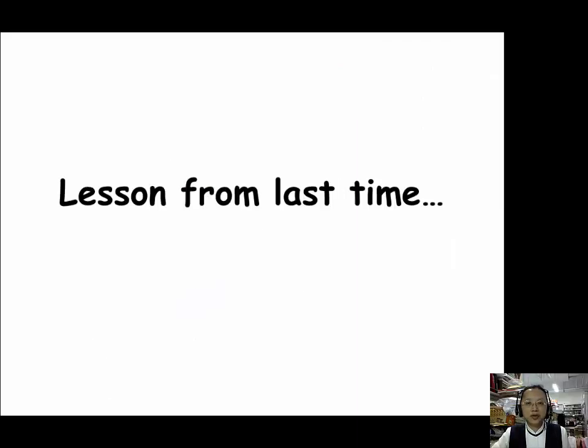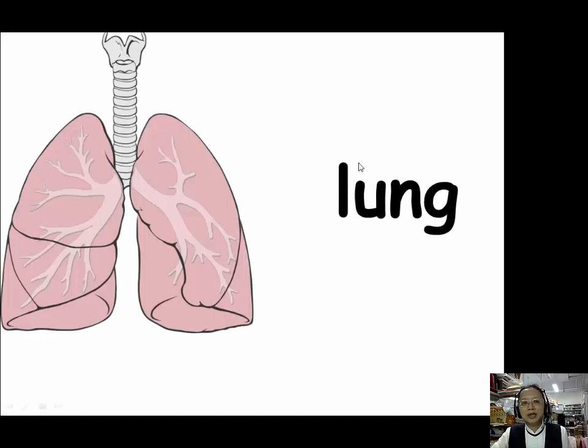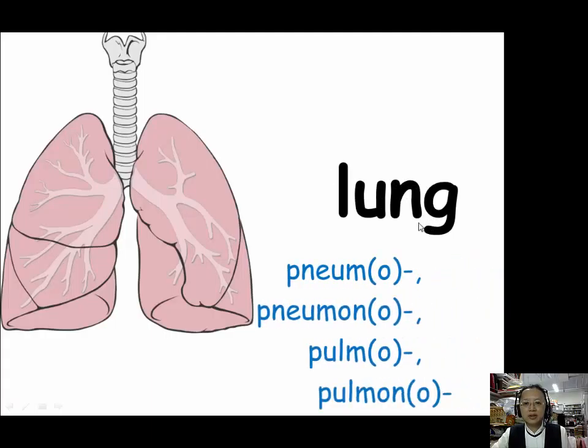Today we are going to finish the prefixes for lesson 14. First, we still need to review what we've learned last time. Remember, last time we learned for lung, we have 4 prefixes: pneumo, P-N-E-U-M-O, pneumono, P-N-E-U-M-O-N-O, pulmo, P-U-L-M-O, and